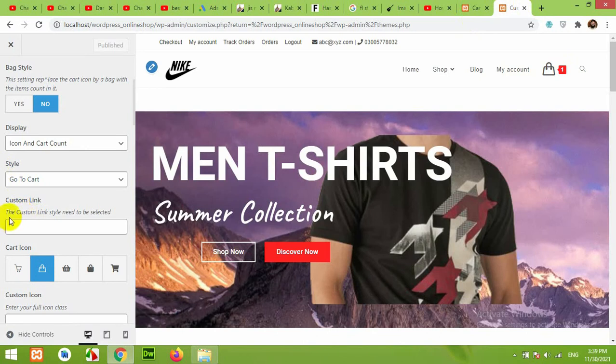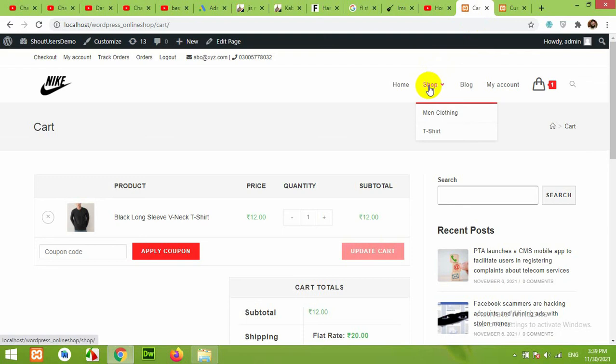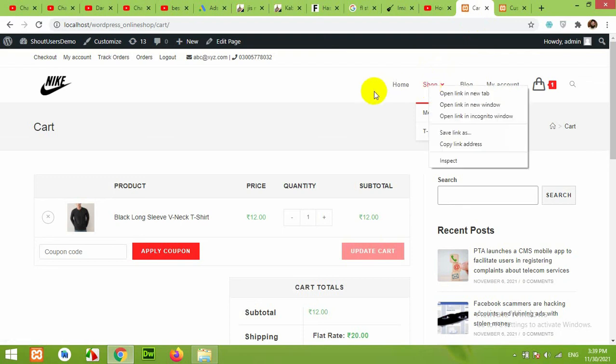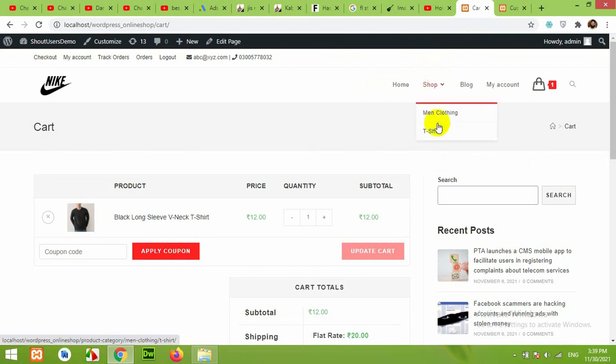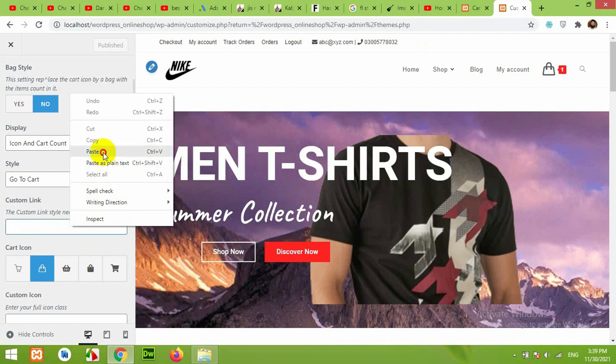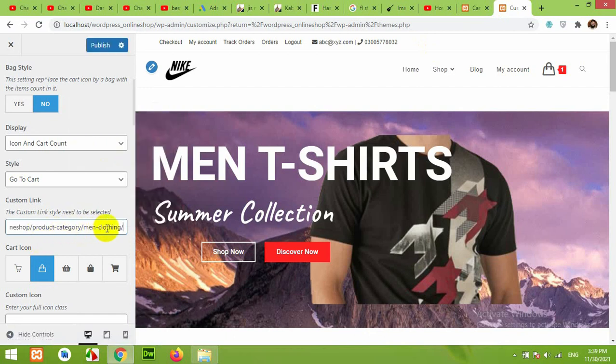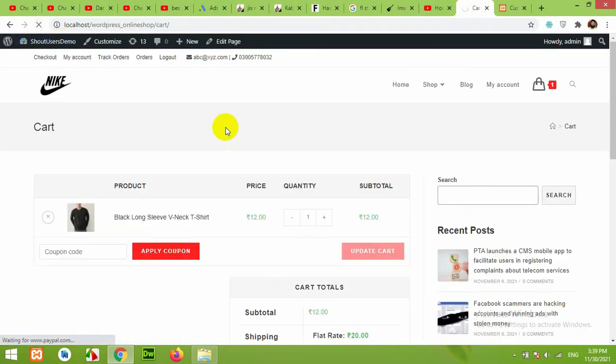Okay, now it's on the cart page when you click on this icon. There is another option, which is custom link. For example, if you want to go to the checkout page instead of the cart, or any other page, for example, I want to go to the shop page, which is not normal, but let me show you that it's possible. Let me copy the men's category link and paste it here, which redirects to the men's category in shop. If we click on publish and then go to front end and refresh the page,